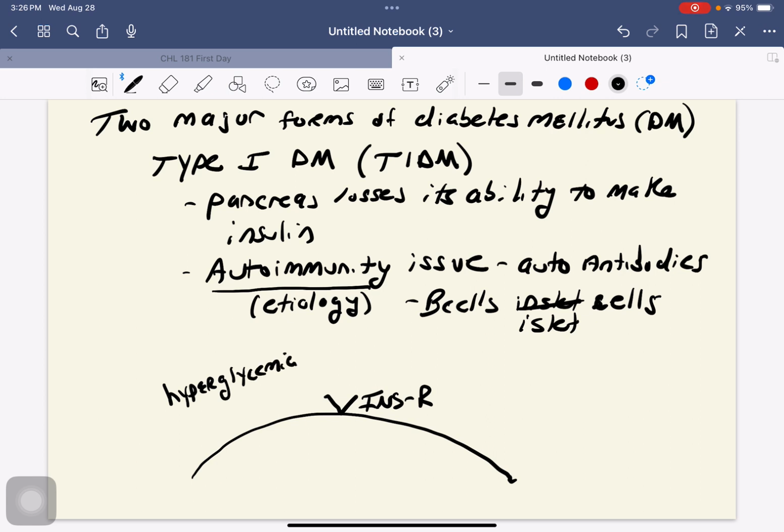So we have a condition of hyperglycemia. Maybe we've just eaten a meal, right? So we call that postprandial. If you ever see postprandial on a medical form, that means I've just eaten, right? So we've just eaten a meal, maybe it's lunch, and we wind up with a temporary excursion, an elevation